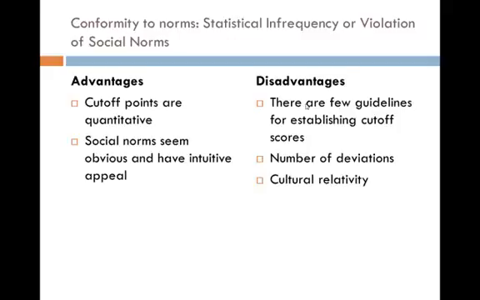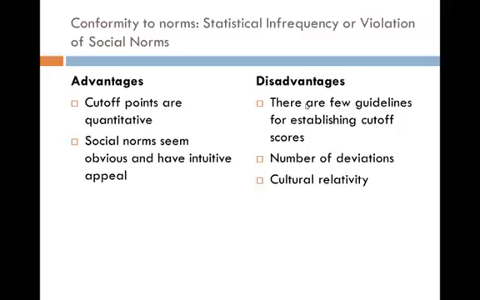So again, some of the advantages of looking at one's behavior from a conformity to norms or statistical infrequency of social norms relate to cutoff points, which are quantitative in nature. It also focuses on social norms that seem to be obvious and have intuitive appeal. However, there are also certain disadvantages that relate to the fact that there are a few guidelines that establish